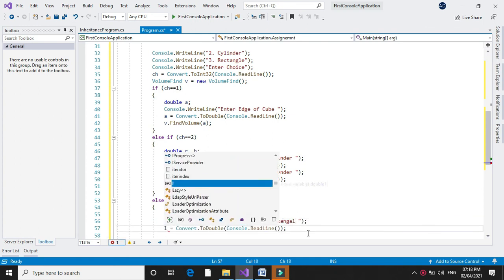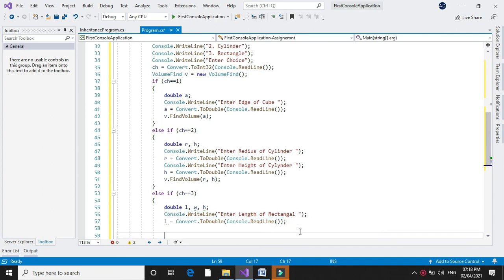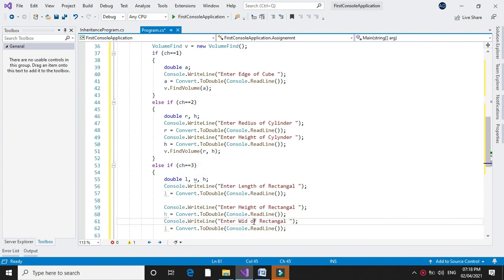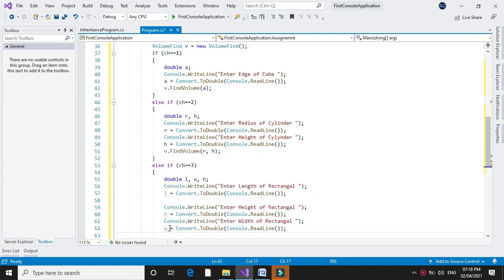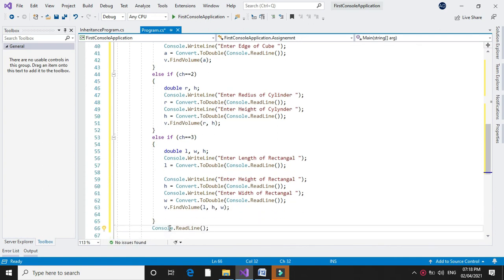First we will accept the length, then the height, and then the width, and we will call the method FindVolume with three parameters, and else we will write invalid choice.